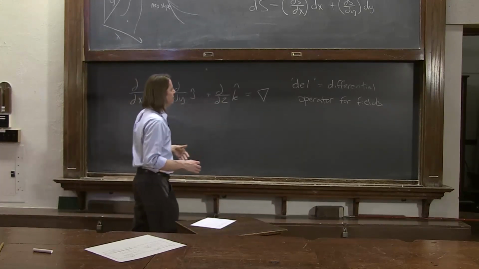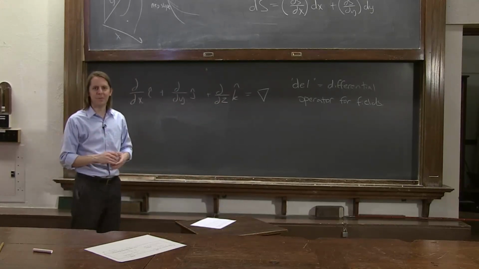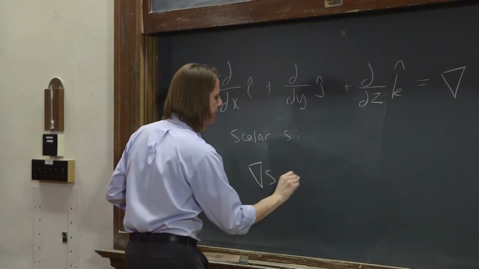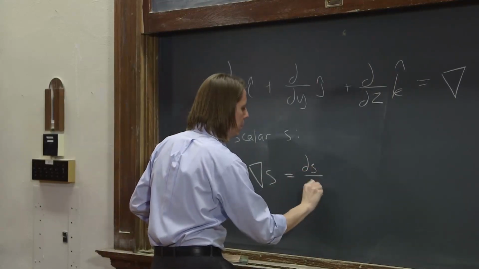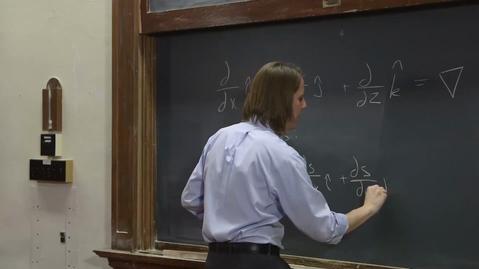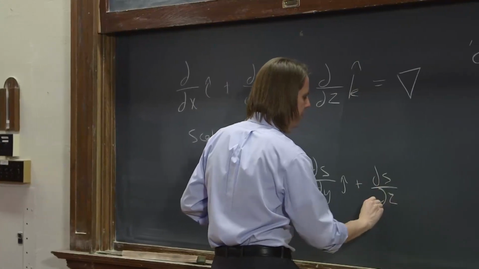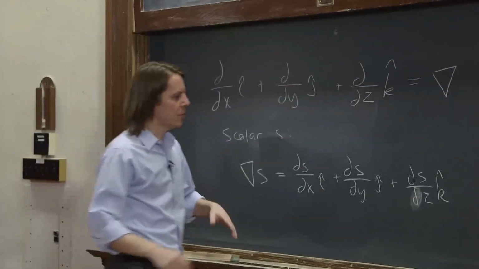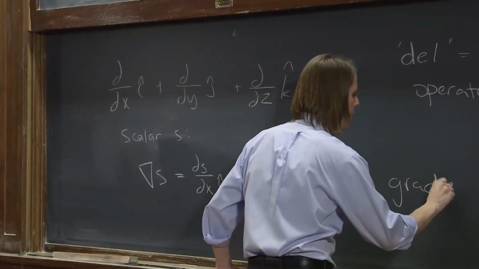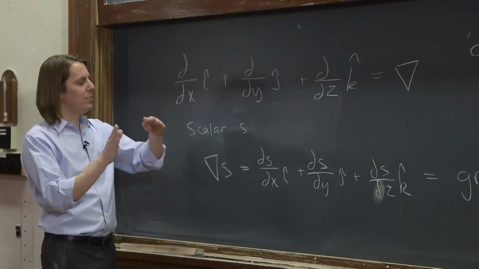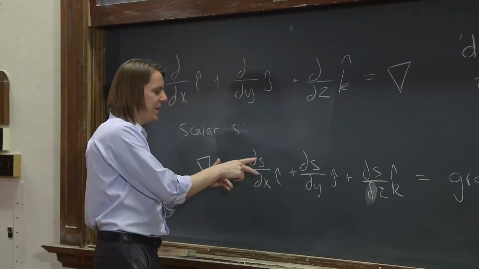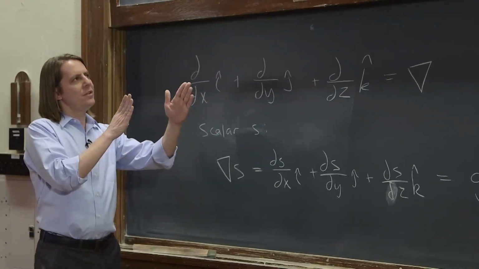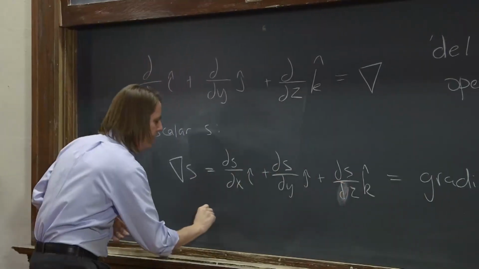So when you apply del to a field, you're not multiplying by the field, you're just taking the del of a field. For example, if we have the scalar field S, then del S is ds dx i hat plus ds dy j hat plus, in this case we're doing all 3 dimensions, ds dz k hat. And this is the gradient of the field. Like we just showed, if you imagine you're going in some unit direction, multiplying by ds dx gets you a little bit of the change in one direction, a little bit in the other, and a little bit in the other. If instead of thinking of a differential in a specific direction, you just do this to the field, what it gives you is a vector